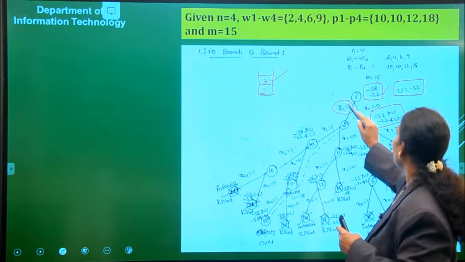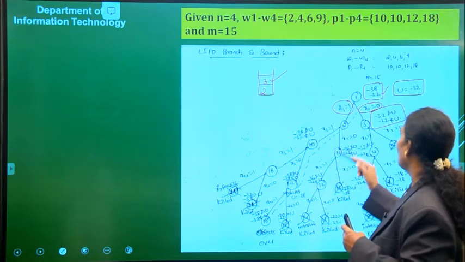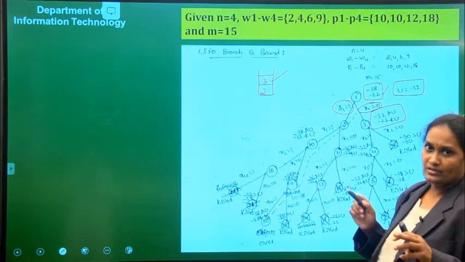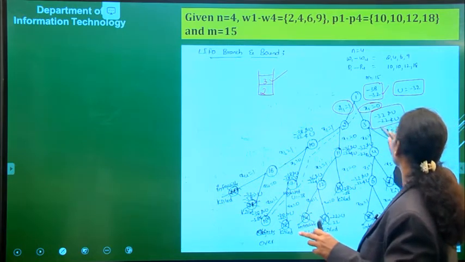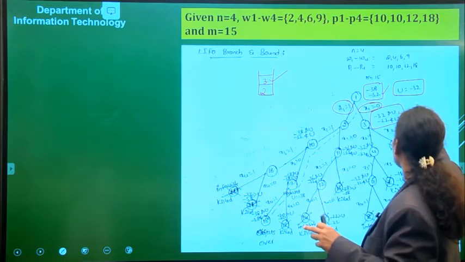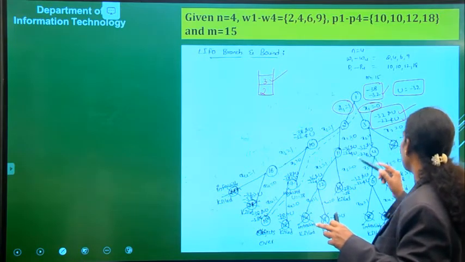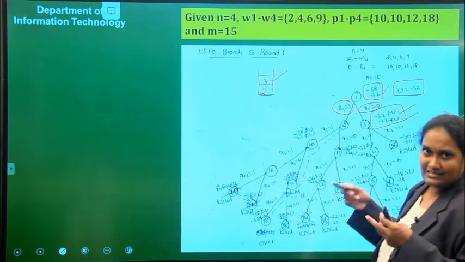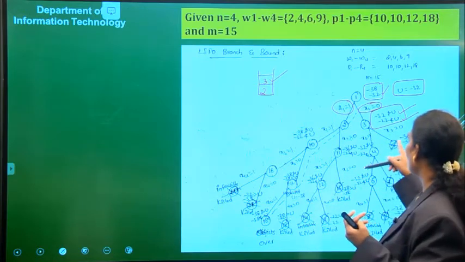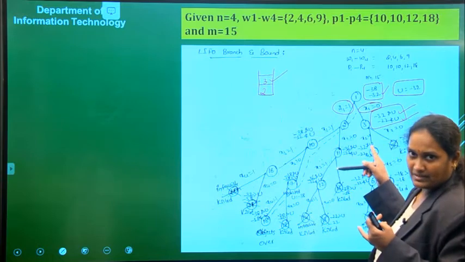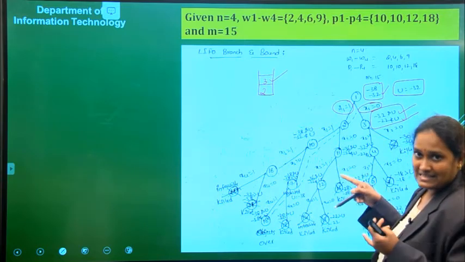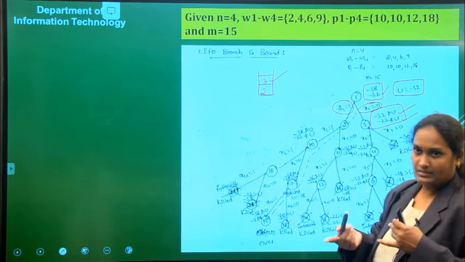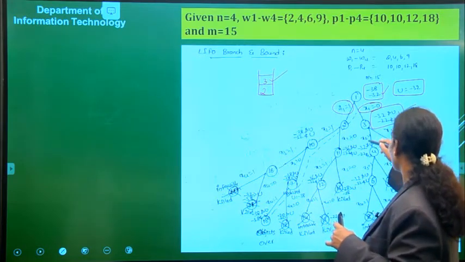Here the node values are x1 = 1 and x1 = 0. By considering x1 = 0, if you calculate the upper bound and lower bound values, we get minus 32 and minus 22. Here the lower bound is not greater than upper and the upper bound is not less than upper. If either of these conditions is violated, we can kill that node. If the upper bound is less than upper, the upper value should be updated. Okay, so it is to be expanded.